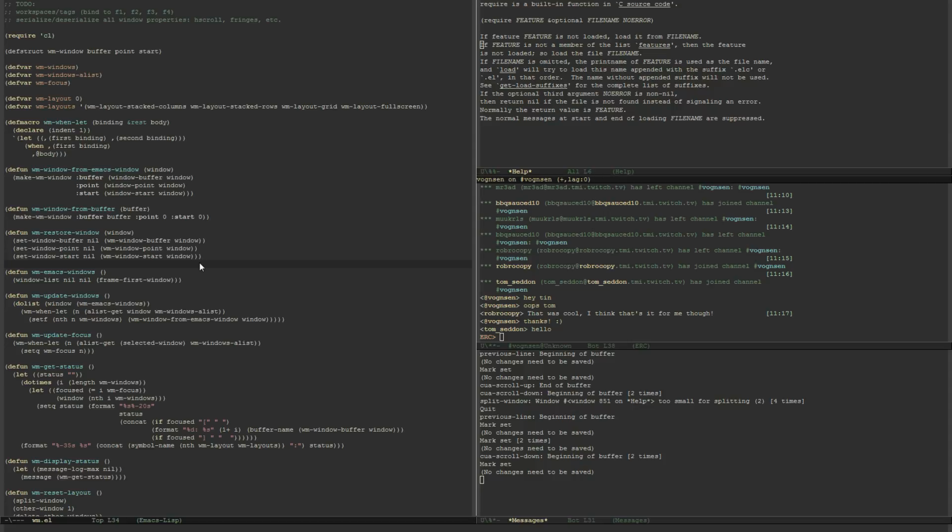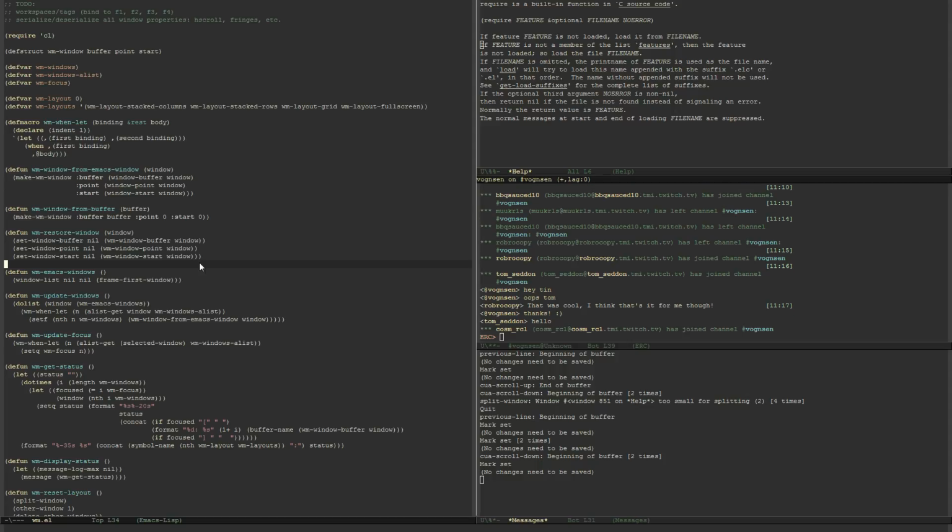Okay, Tom, so I think you probably remember the basic roadblock I hit in terms of how to proceed. I had started out using just buffer names as constituting the managed state, and I think I eventually went to buffer objects rather than just buffer names, but still it was a little too coupled to actual buffers, whereas windows can contain not only buffers, but they can have a start point, and they can have a point where the cursor is. So what I came up with is this idea that I have a data type, this